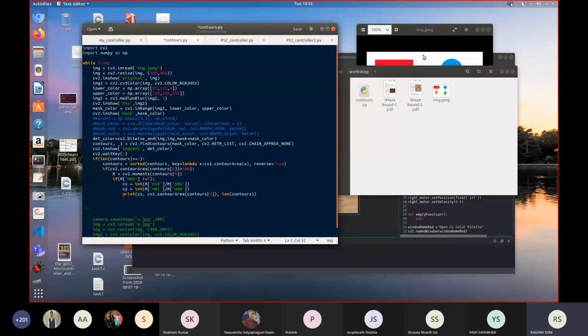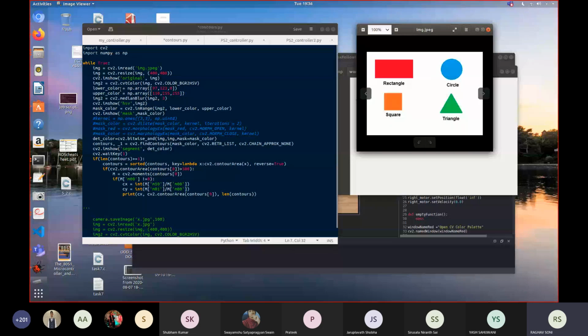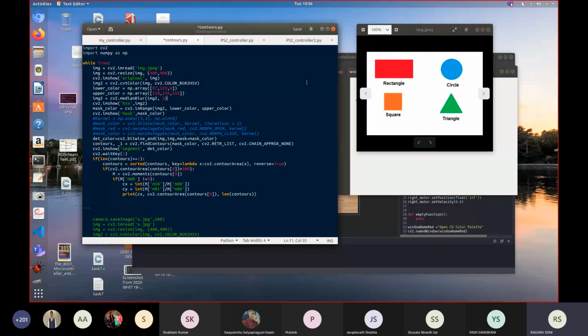Basically it just blurs the image in order to reduce the noise. When you threshold the image yourself, you will see that many times wrong pixels get thresholded. This is the blue color here, you are providing this range, but you will see here and there many small pixels also get thresholded. So to remove that noise, we just blur the image.